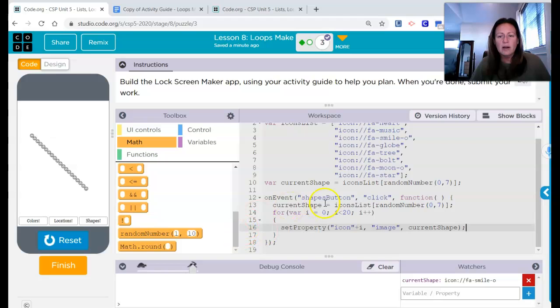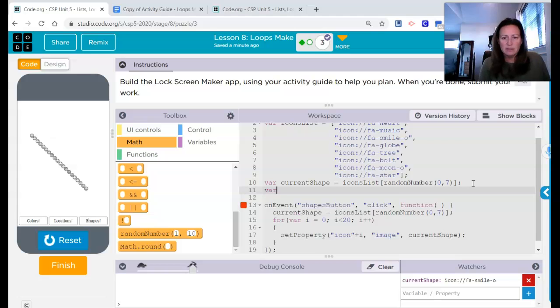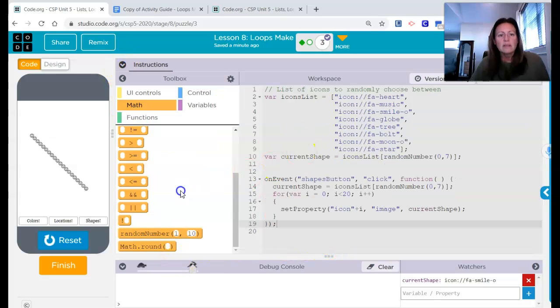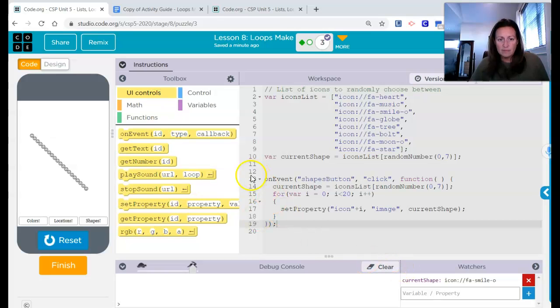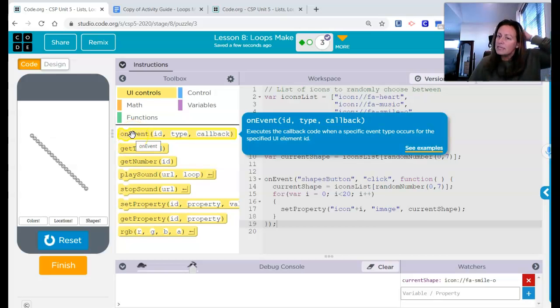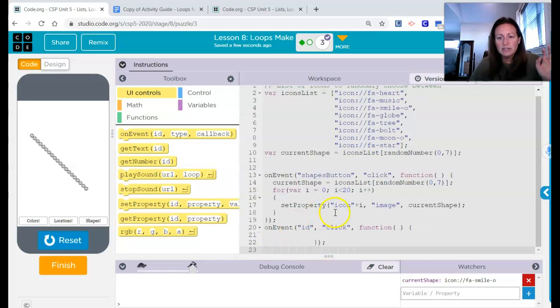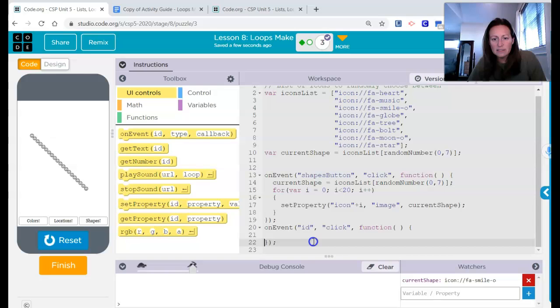Now, I also am going to want to create an on-event handler for the colors button. Okay, let's randomize the colors of each shape. So in this case, we want each shape to have its own possible random color. But first, let's just get started with the on-event handler. The event we want to handle is if a user clicks on the colors button, and the name of it